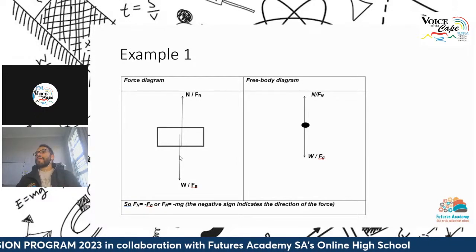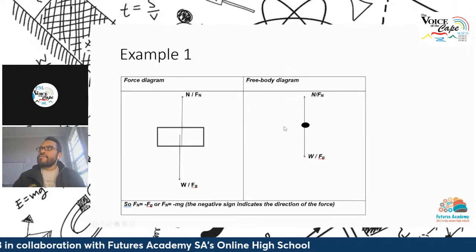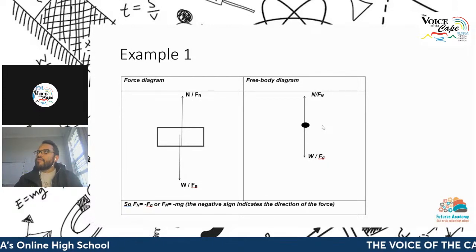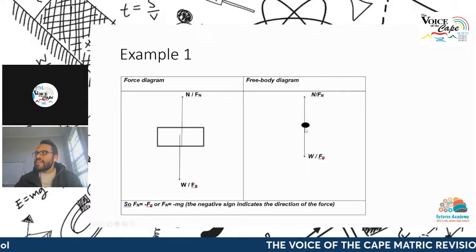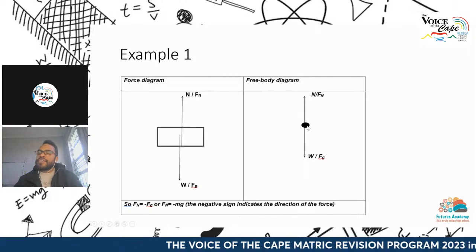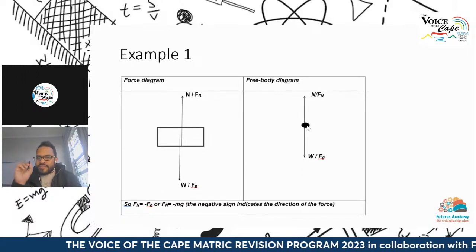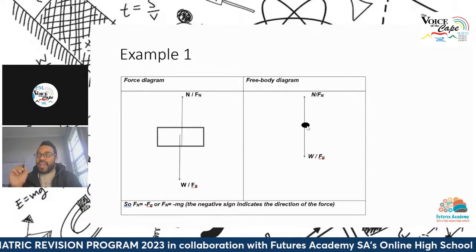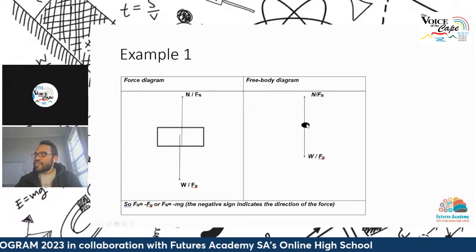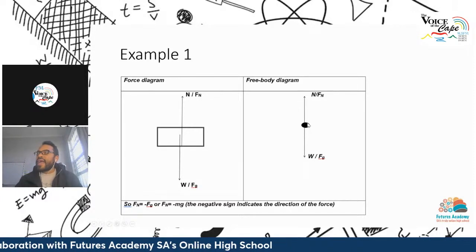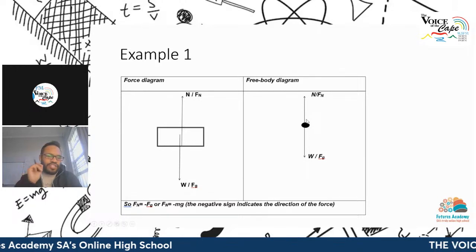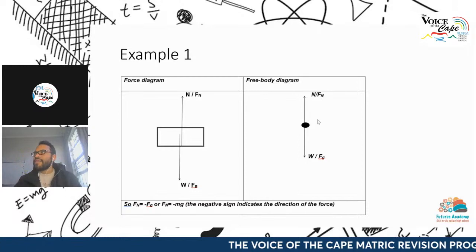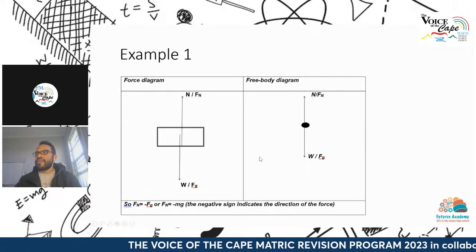Okay. So one vector is only equivalent to another vector if and only if they have the same magnitude and the same direction. Okay, so coming back to this free body diagram that we see on the right-hand side over here, important things to note. Your free body diagram's arrows representing the vectors must touch the dot. So in your examinations, draw your dot sufficiently big so that you can touch the arrow onto the dot. And if you had other forces acting in the same direction, you can draw them slightly next to it going up, and you should be able to still touch the dot, right? Because sometimes students make the dot too small and then they can't draw all the forces touching the particular dot for the free body diagram.